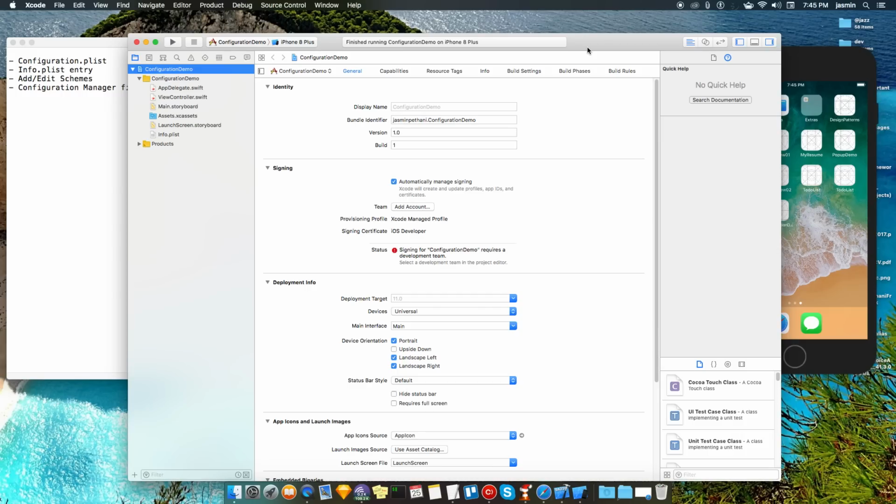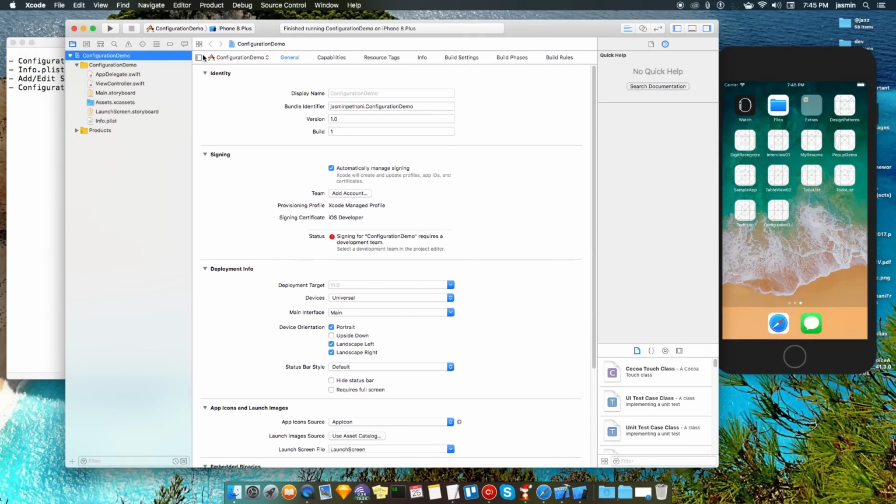From development to production, if your manager comes to you and says you have to release the app today itself, you have nothing to do except switch to production, and all the stuff related to production will be automatically arranged. So those are the things we are going to look at today. Let's get started. I've already created one demo project for that.